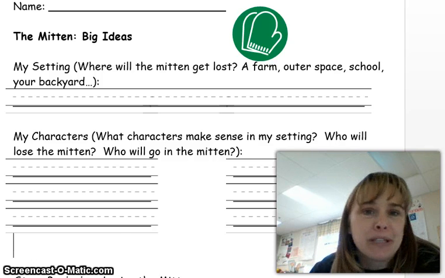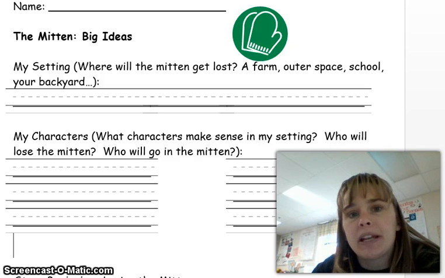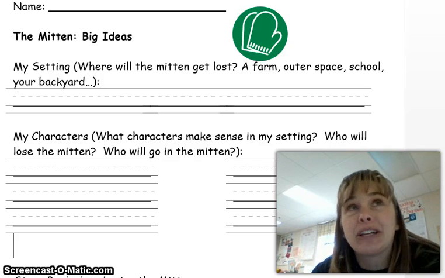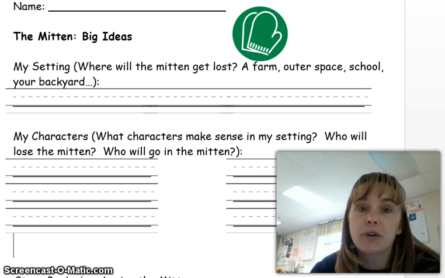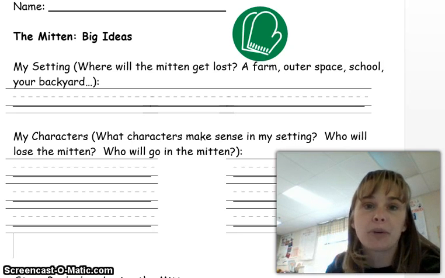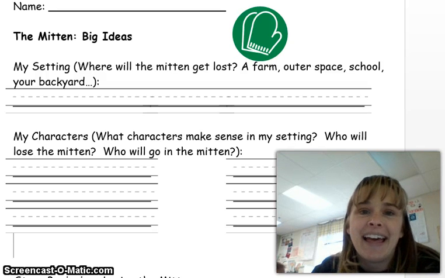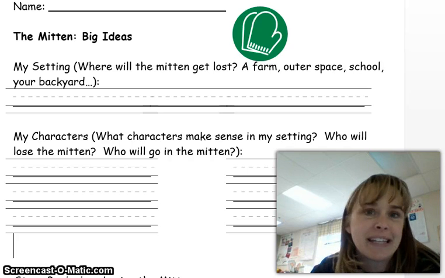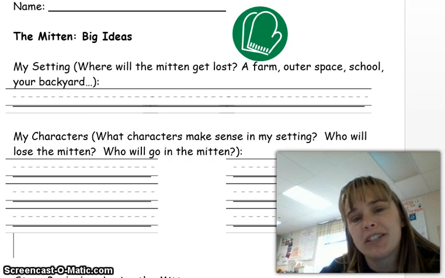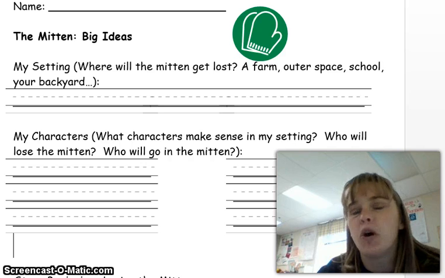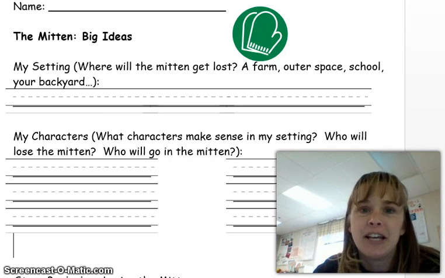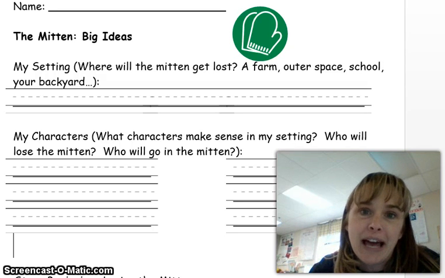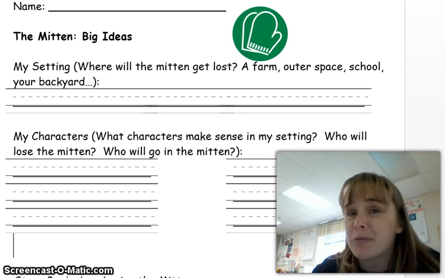My students absolutely loved writing innovations, and this is really going to meet the writing standard of writing a narrative with two or more properly sequenced events. It's also such a great way to build your students' creativity. And I think your teacher will find that once she opens the door to innovations, students are going to be writing them during free choice or daily five time or at her writing center, probably for the rest of the